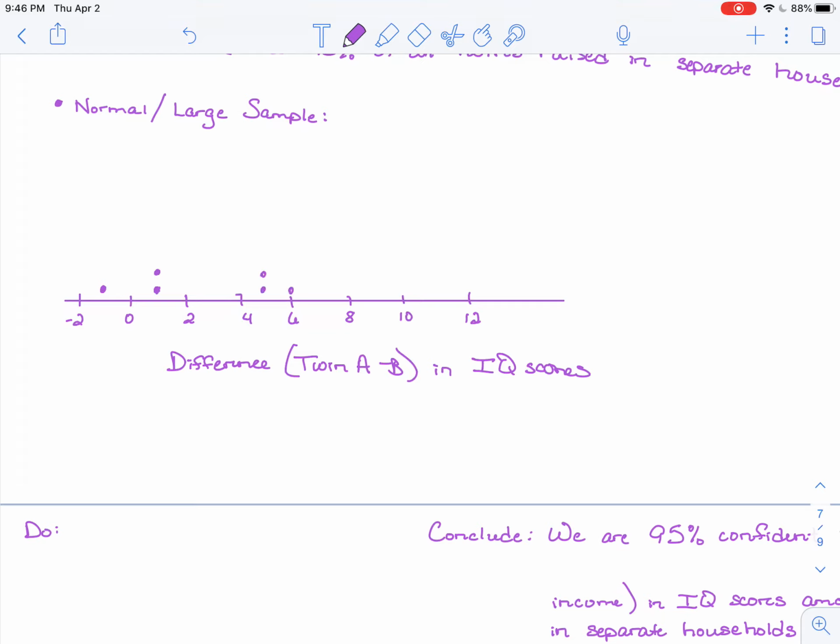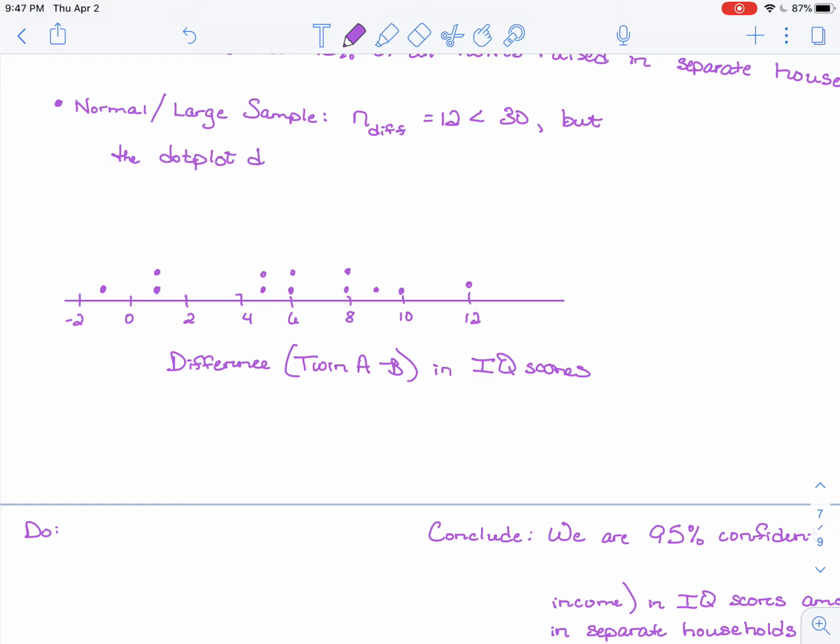I'm just going to put my values on here. We had 2 ones, 2 fives, 2 sixes, 2 eights, a 9, a 10, and a 12. So it's not dramatically skewed. There are no outliers. So even though the number of differences is small, even though the sample size is not at least 30,